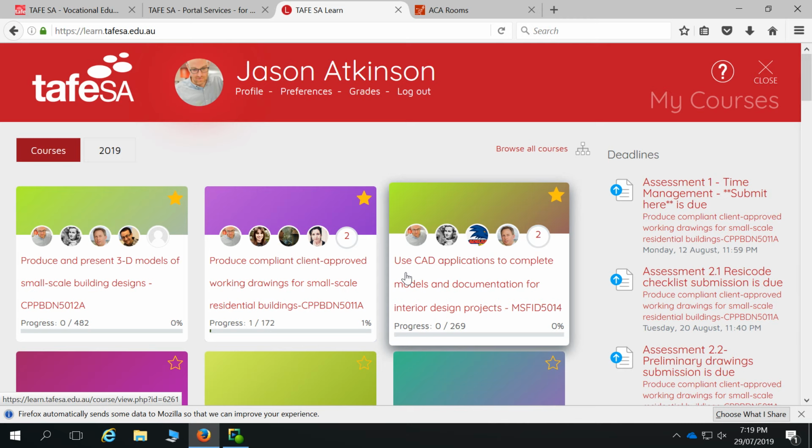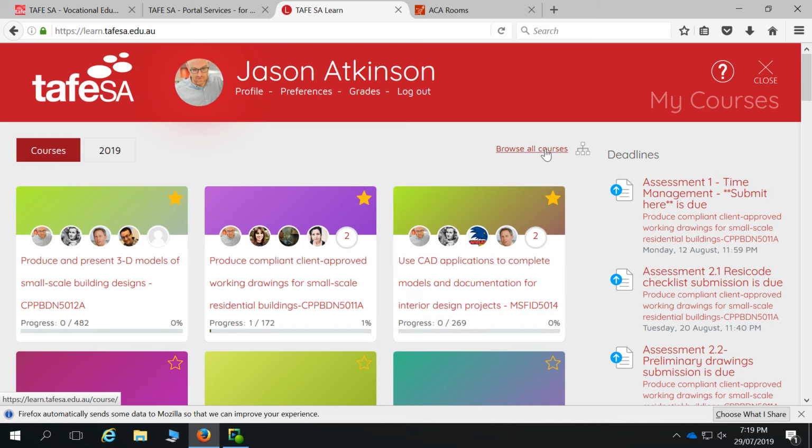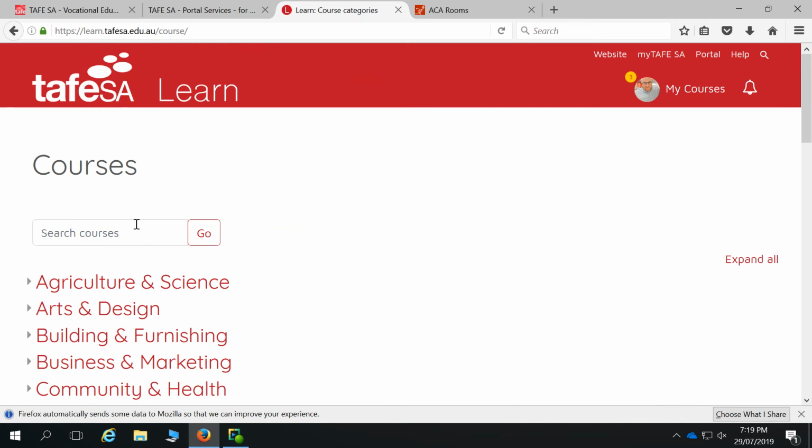Browse all courses, and in the search bit that comes up in there, so when you hit browse all courses, in this search button just type in MSF ID 5014. So if you type that in that little search and hit enter,